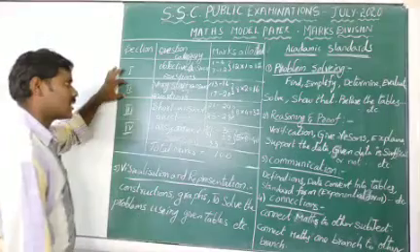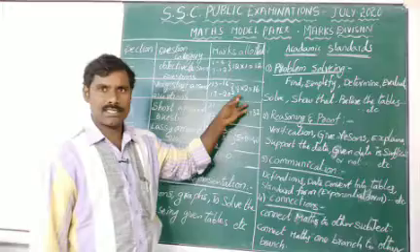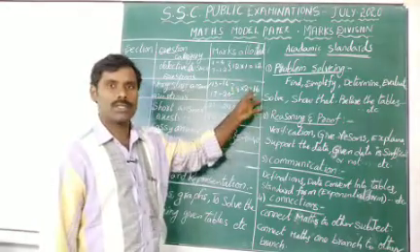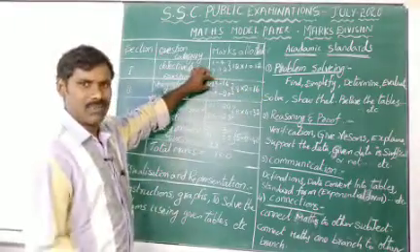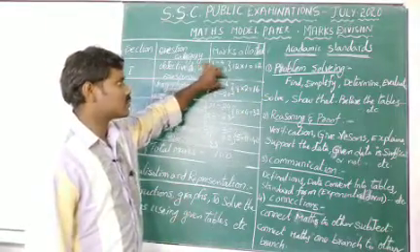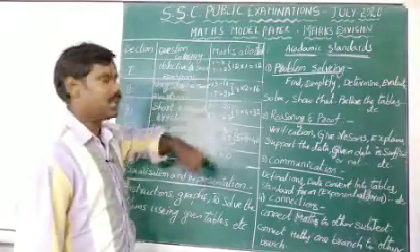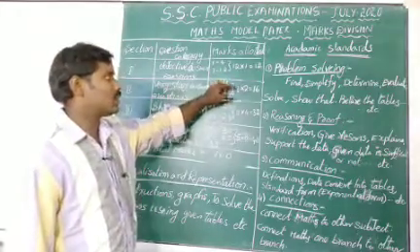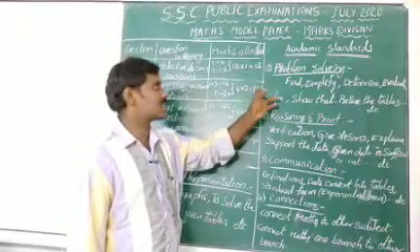Now the second section, very short answer questions. In this we have a total of 8 questions. Each carries 2 marks, so 8 into 2, 16 marks. Questions 13 to 16 are from paper 1, topics 1 to 8, that means the 13th, 14th, 15th and 16th questions. Questions 17 to 20 are from paper 2. Totally 8 questions, each carries 2 marks, 16 marks.